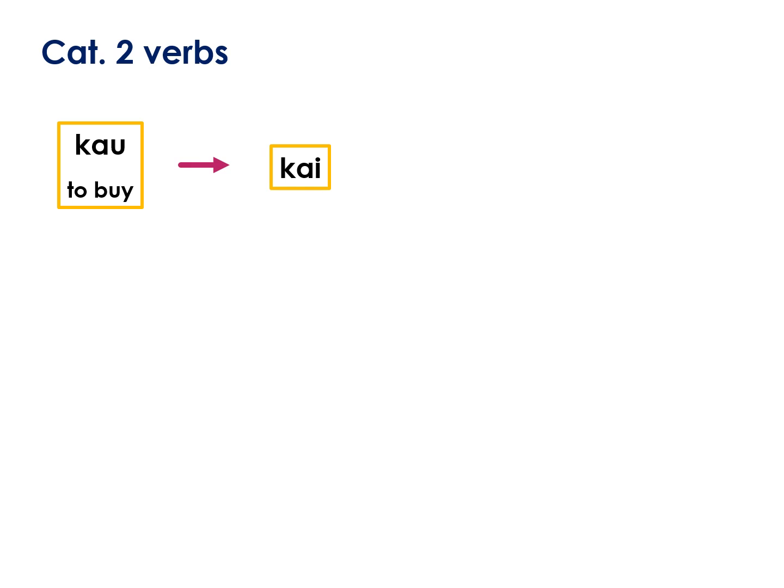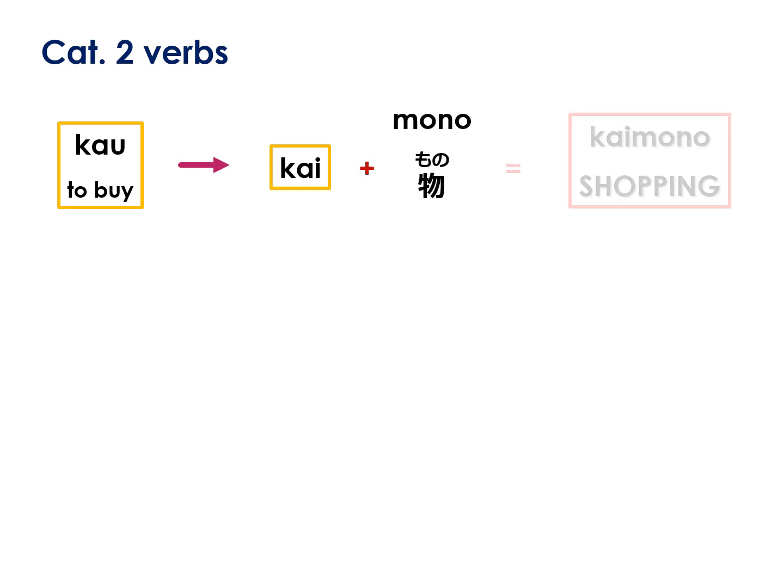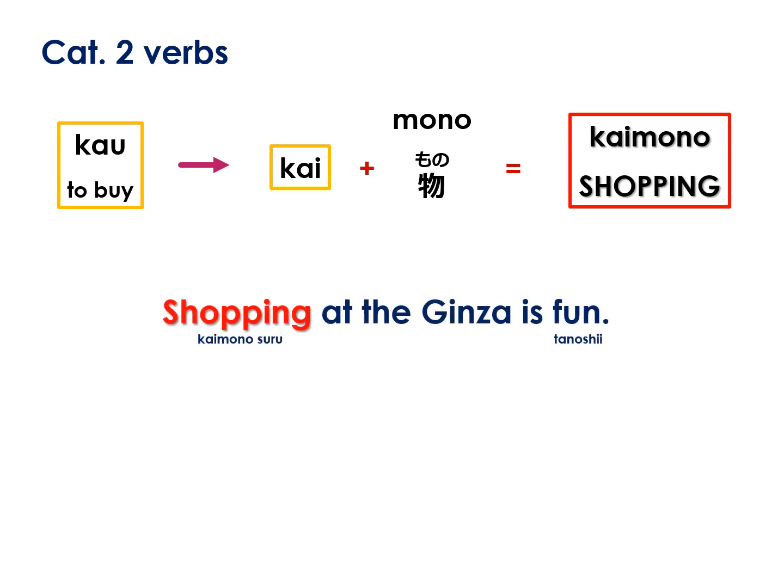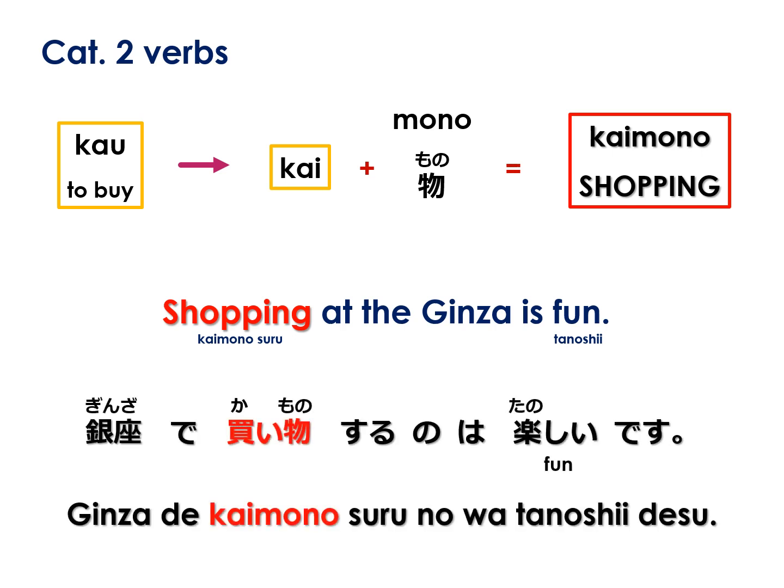Changing the u to i gives us kai, which is the conjunctive form. Adding mono, we get kaimono, which means shopping. Our sample sentence, shopping at the Ginza is fun. Shopping needs to be nominalized here. And in Japanese, we say, 銀座で買い物するのは楽しいです。If you'd like to review nominalizing verbs using no and koto, please see the lesson